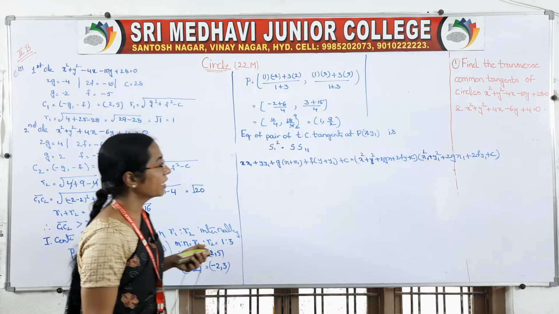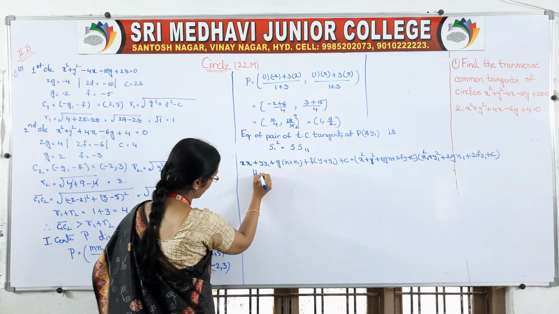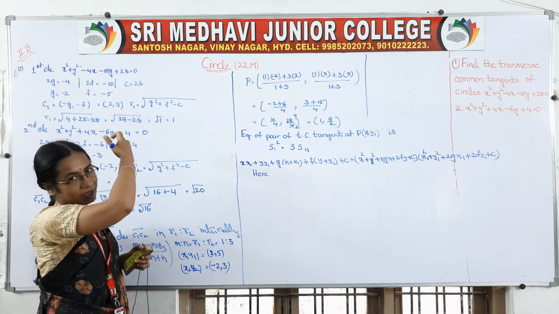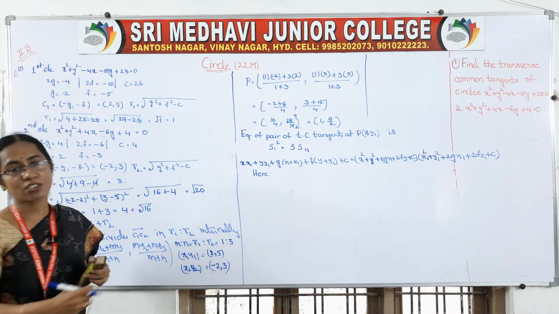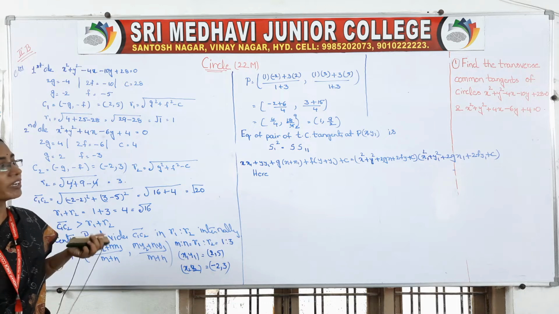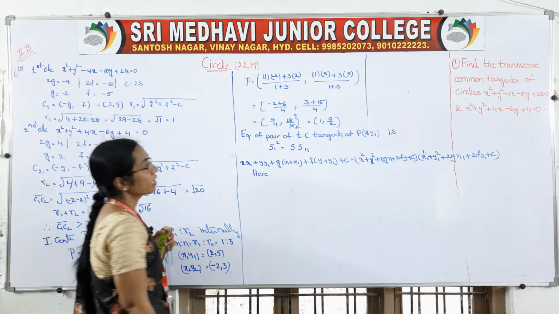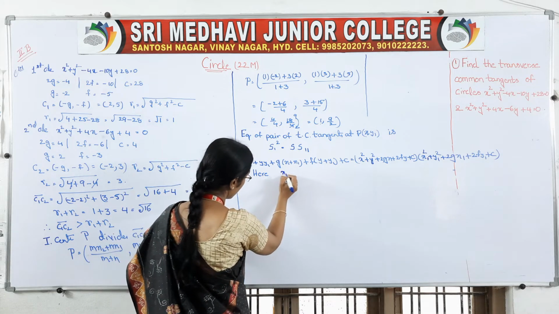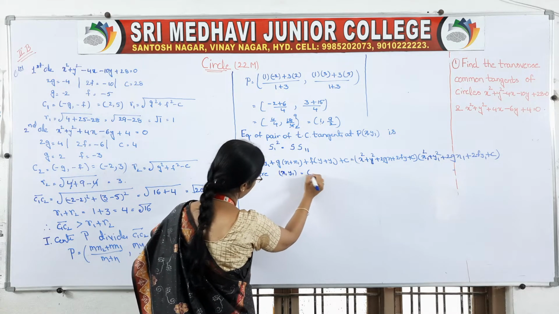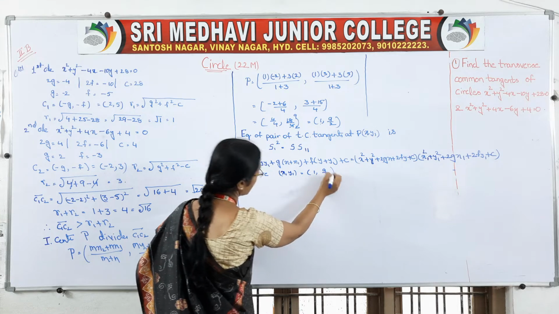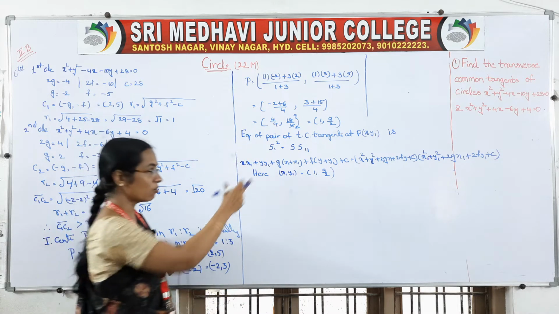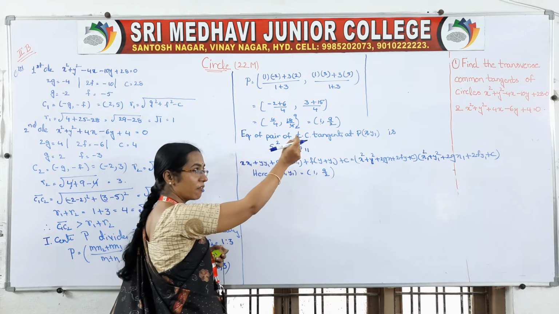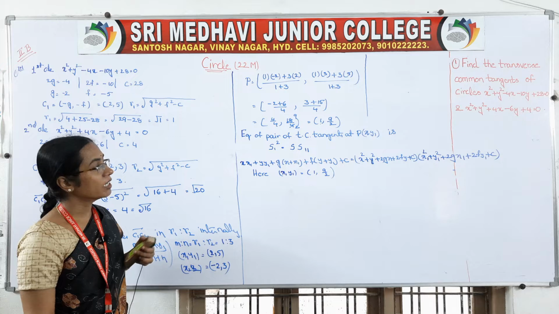So in this question, we have to find the transverse common tangents to these circles. You can take any one of the circles as S, and we can take this point as your x1 y1. So here x1 y1 is 1 comma 9 by 2. Getting my point? This is the formula for the equation of the transverse common tangents when the point is x1 y1 and the circle is S.